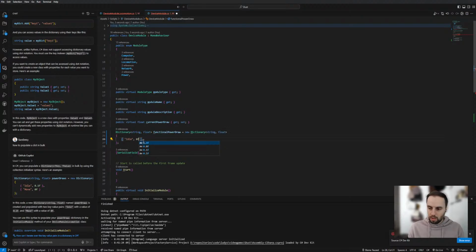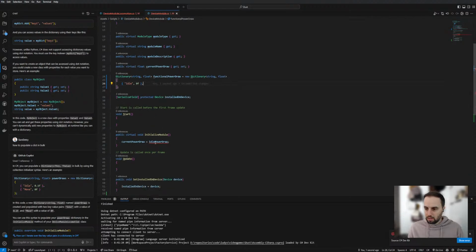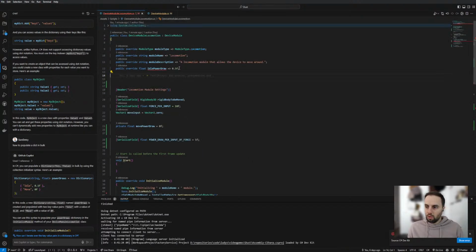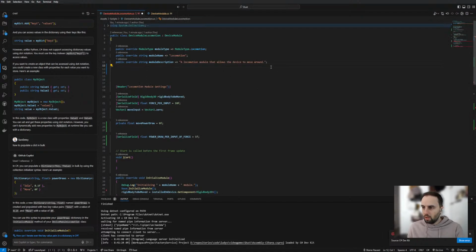Well, let's put it at 0f actually. Right, let's go to locomotion, remove this,